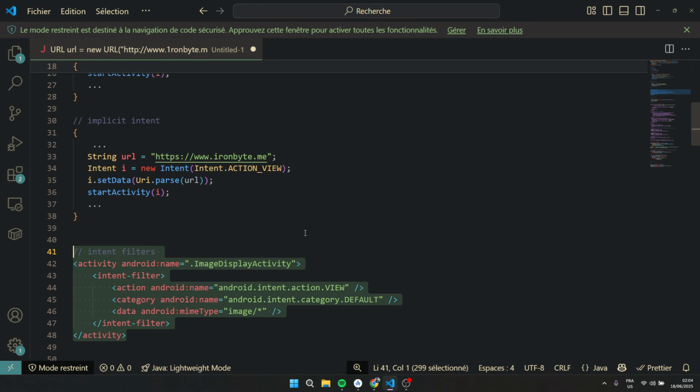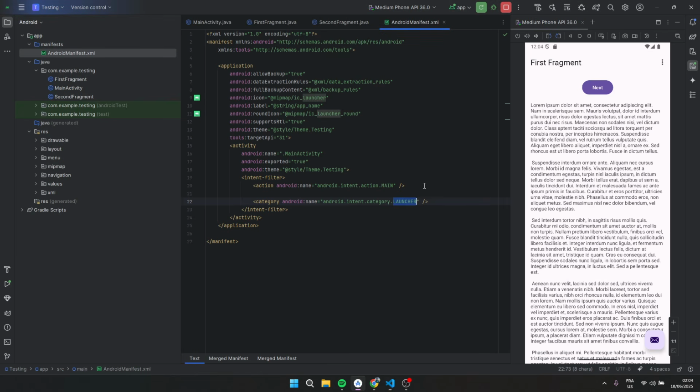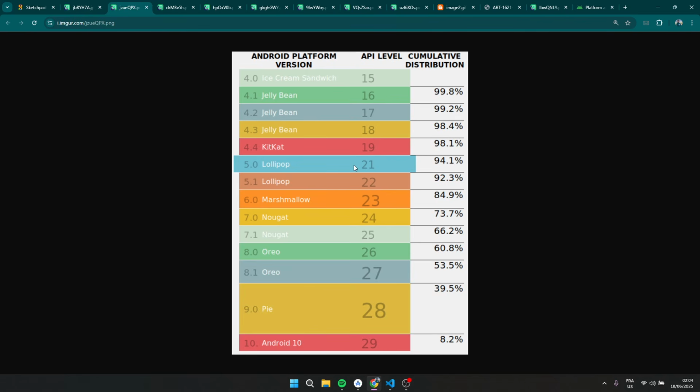The next thing that we should also care about is the API version of the application. For example, this application is using API 31, and to fully understand what those APIs are exactly: in the process of developing the Android platform, we care about the API because Java is still maintained by Oracle.